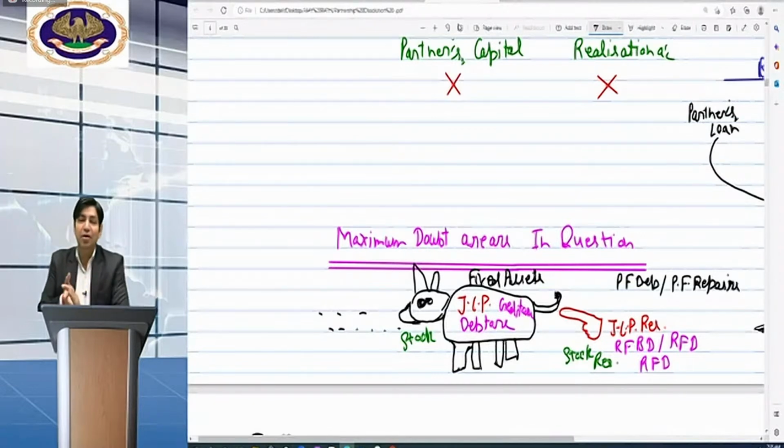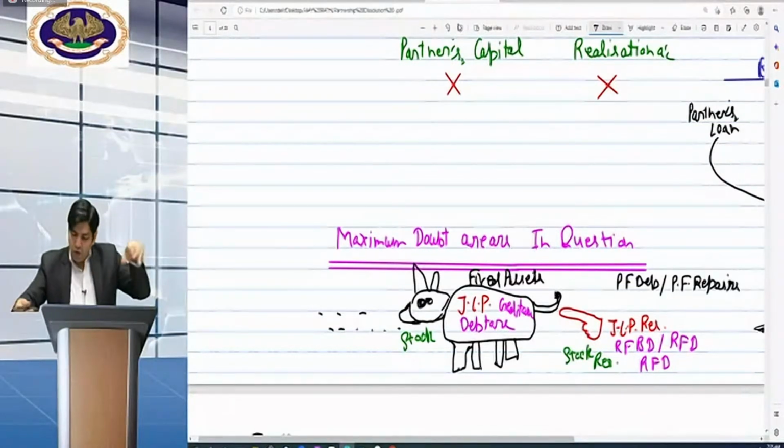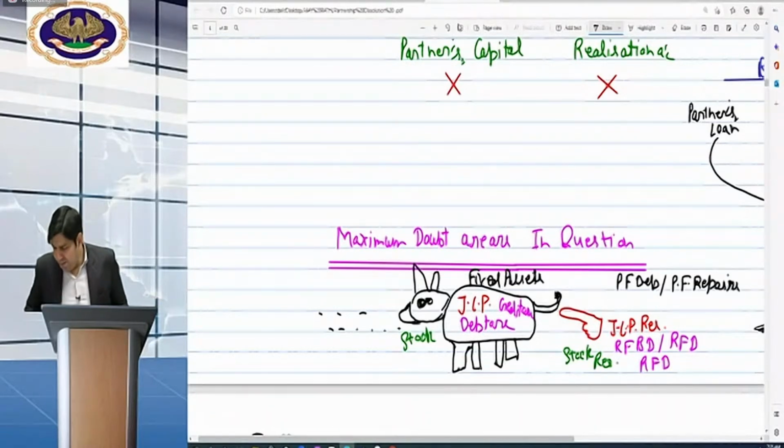If you are holding the tail of a cow, then what will you say? That we are holding the cow. In the same way, the nature of the tail of the respective thing is the same. Where the bull goes, the tail will also go. So if we are transferring the JLP account to the realisation account, the JLP reserve will also move there. If we are transferring the debtors account to the realisation account, and the balance sheet has provision for doubtful debts, reserve for doubtful debts, reserve for discount, where will those accounts be transferred? Those will also be transferred to the same account where the bull is going; the tail is also going.